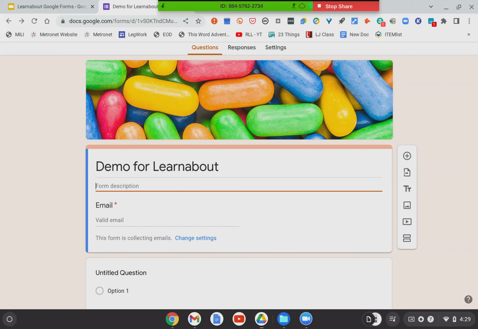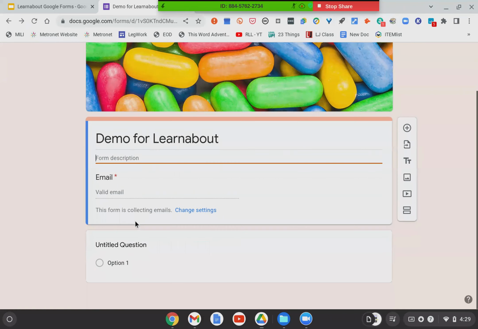This survey is for Metronet to help us decide what our members would like to learn more about, was the most recent one that I did for our member survey. Something to that effect. Please fill this out and take the time to answer thoughtfully so that we can provide you with the best possible opportunities, etc. So whatever it is that you can do in there, and then comes the collecting email part. And then here we have our untitled question.